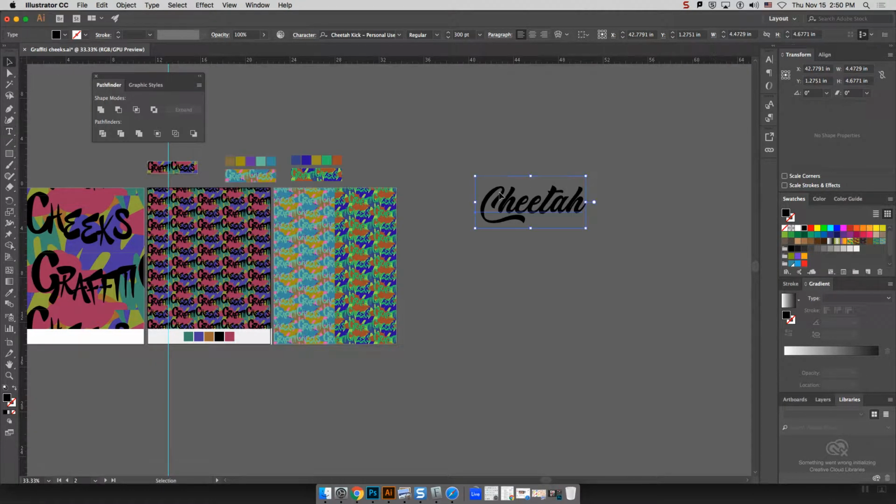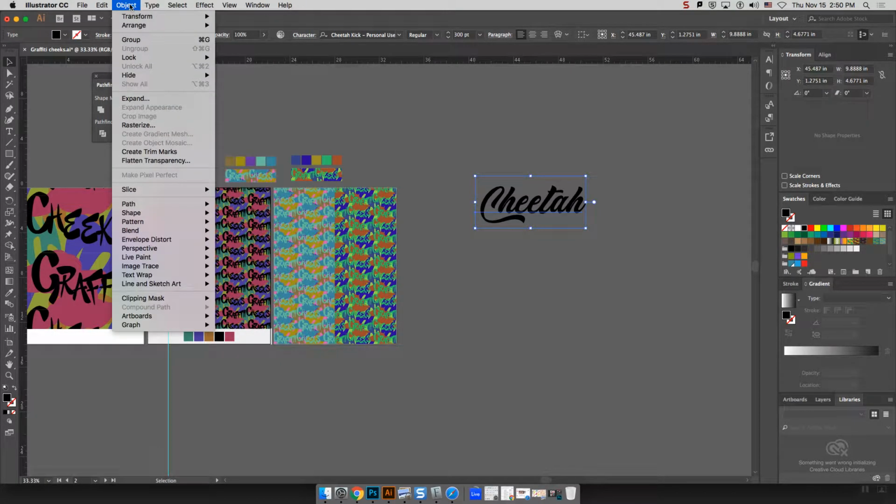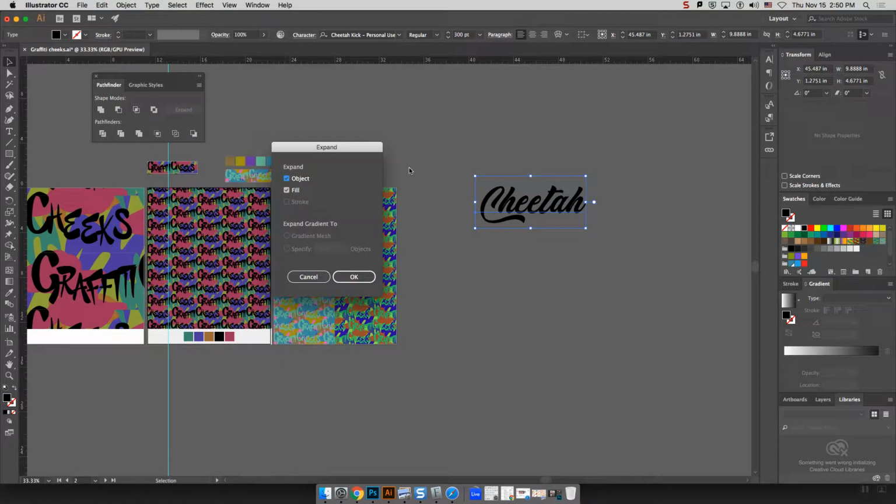So maybe I like this font a lot, but want to adjust some specific aspects of it. Maybe I want to make it less in a straight line, or maybe I want to make the C longer, right? So it kind of gives it a swoopy underline, a more dramatic one. Right now I can't do that because it's just text. But if I go to Object Expand,